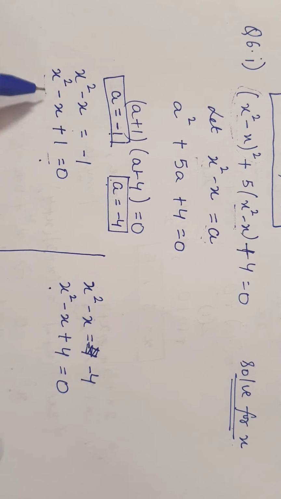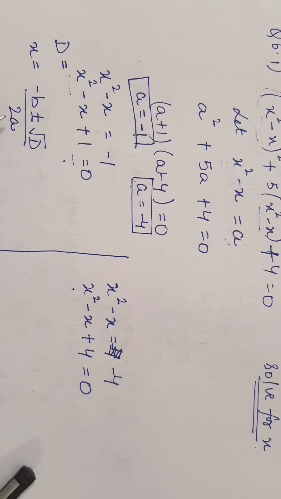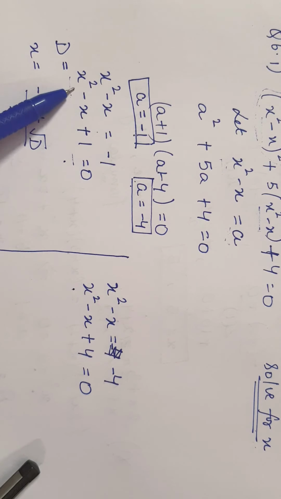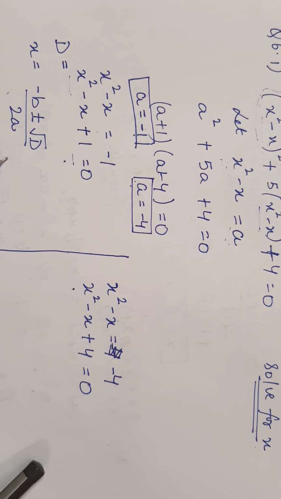If here middle term splitting is possible, well and good. If not possible, then apply the formula of discriminant and then the actual formula, minus b plus minus under root D upon 2a. I suggest if middle term splitting is possible, then do factorization only, to avoid any mistake in the signs here. But for questions in which middle term factorization is not possible, go for the formula.